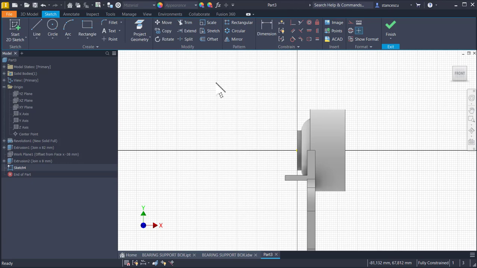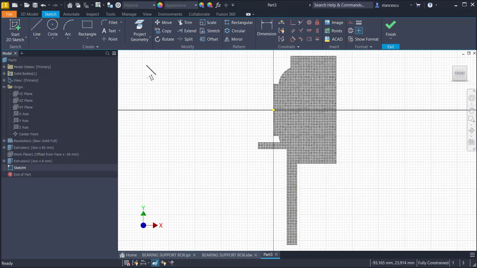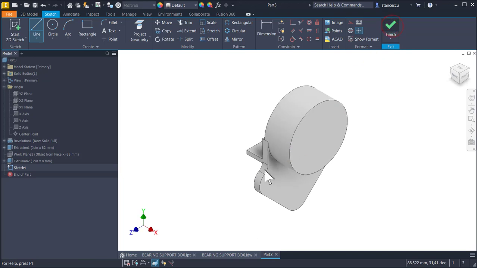Home, F7, project, this line and this ending segment. Then we draw a new line between these 2 points, then back to this line. Finish sketch,